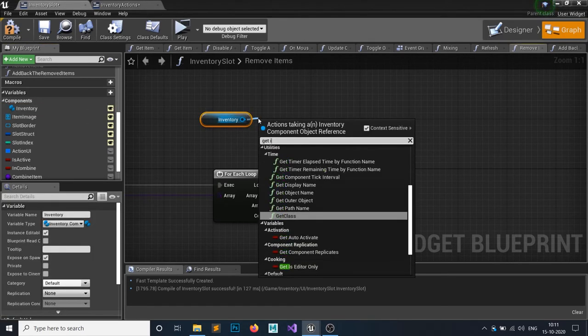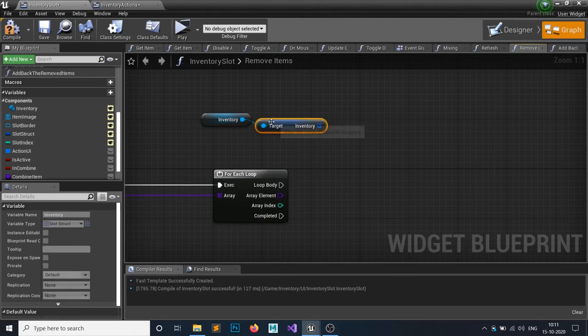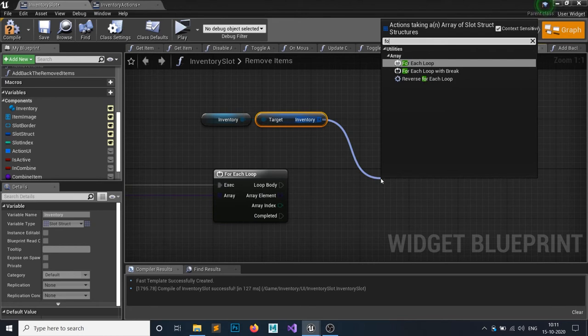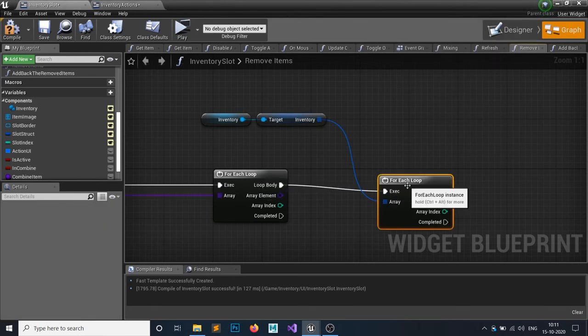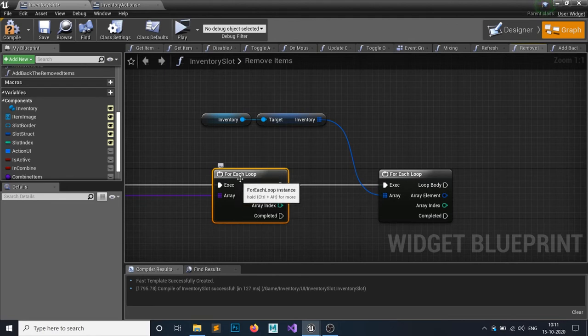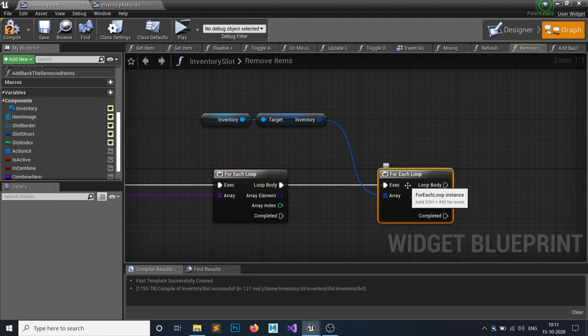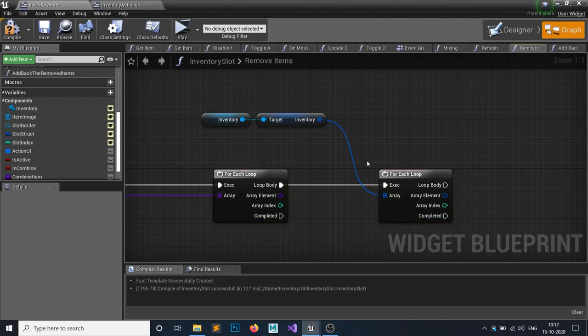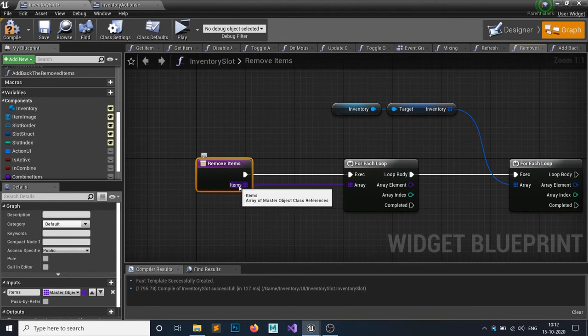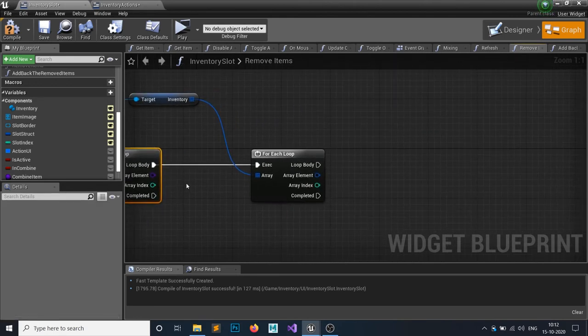From that get the inventory, and in here check for each loop and attach it to here. Now you can see we have added a for loop, and inside a for loop we have added one more for loop. So this is a nested for loop. So you might say this might face an issue of FPS drop, but don't worry, because your array would be 2 or 3 elements. This item would be maximum 3, 4, 5. The combination won't go further, so don't worry, this one won't iterate much.